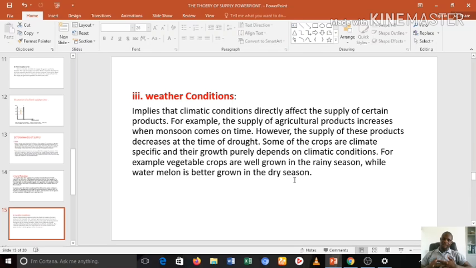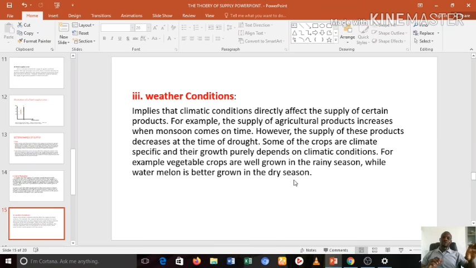Remember, in Cameroon we have just the rainy and the dry season, right? So we're going to explain it based on these two concepts. Now, generally, a favorable weather condition favors what? Production. And if production is favored due to a favorable weather condition, it's obvious that supply for goods and services will increase.